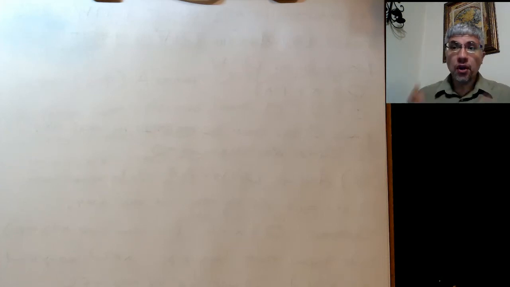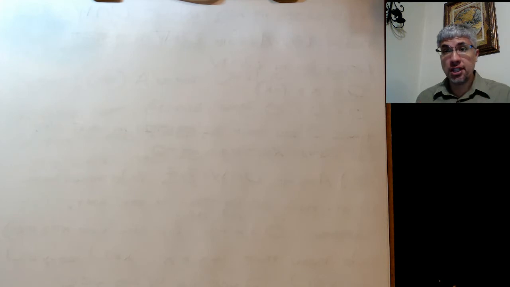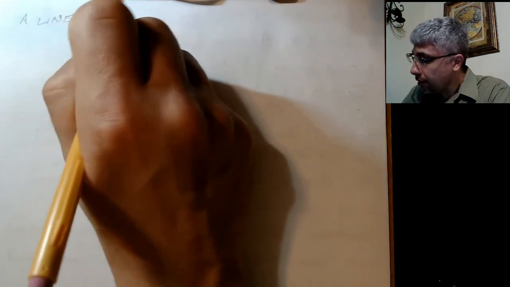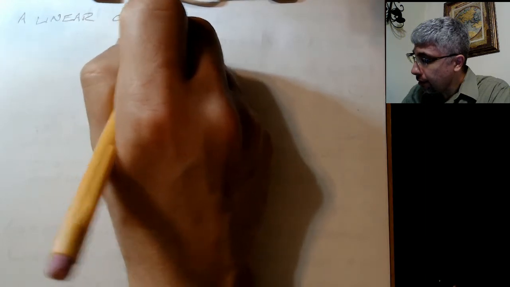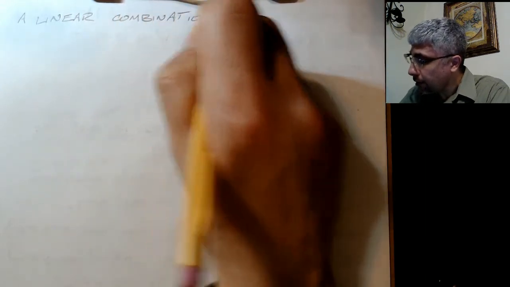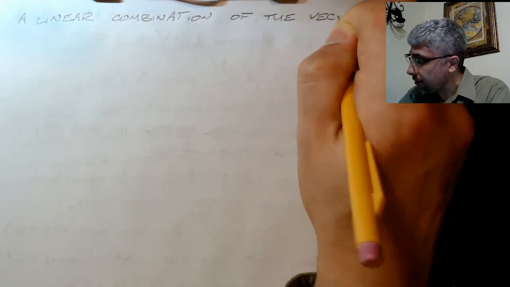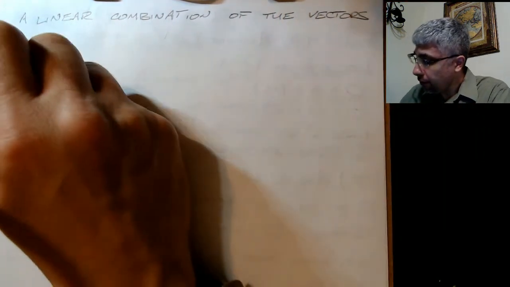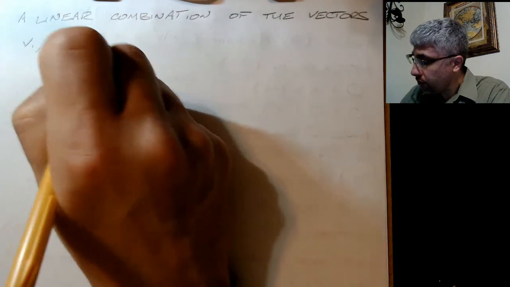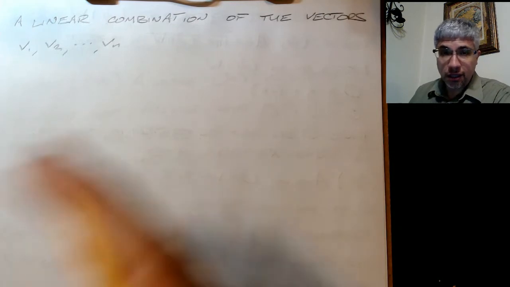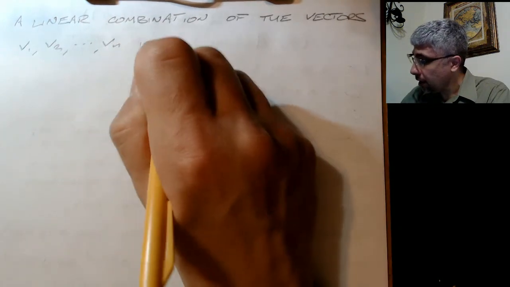Hello students. We're going to now introduce linear combinations of vectors and span. So I have to say what these are. A linear combination of the vectors v1, v2 through vn. So we have some finite collection of vectors, and a linear combination is just a sum